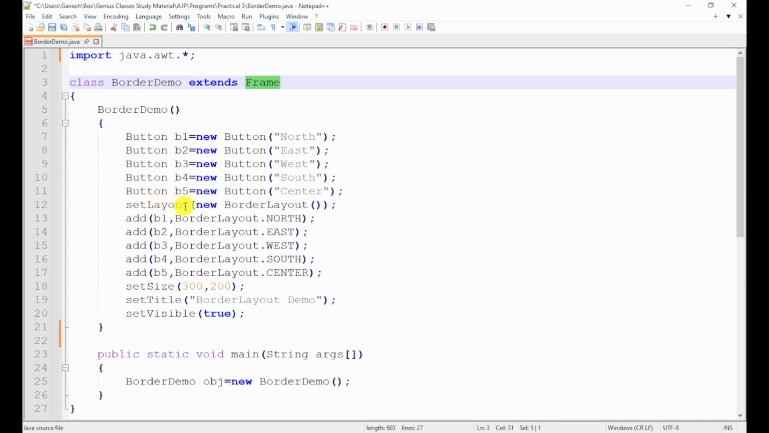Then I am setting the layout as a border layout. By default the border layout is already present for this frame, so even if I skip this statement, it will work because the frame has a border layout by default. But still I am setting this layout using the set layout function of the frame. In the brackets I am passing a new border layout object. New, and this is the class of border layout. This is how I am creating a new border layout and passing that object to the set layout function of this